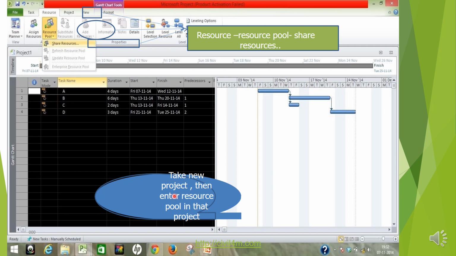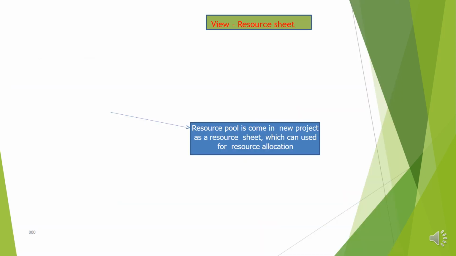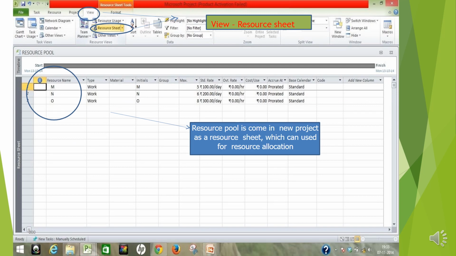Take a new project, then enter the resource pool in the project. See here, mark Share Resources. Here you mark this resources box and click Apply so that it starts applying. View resource sheet.